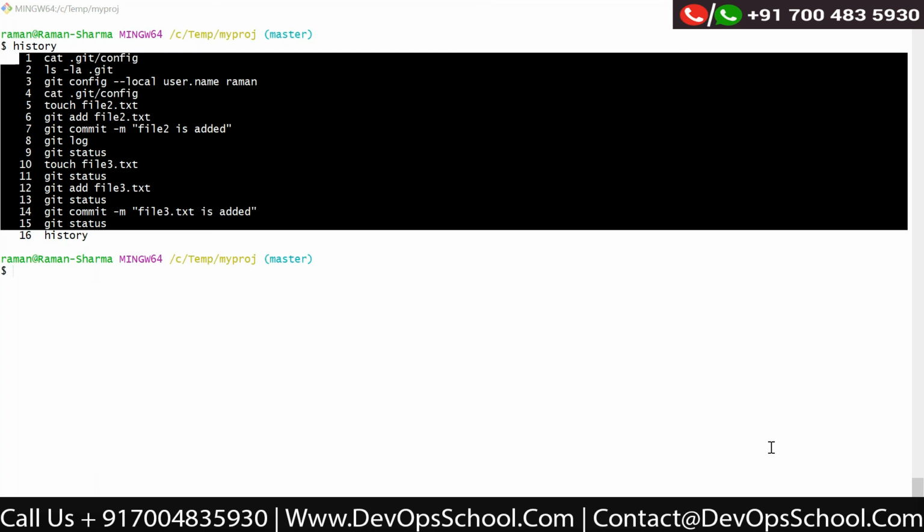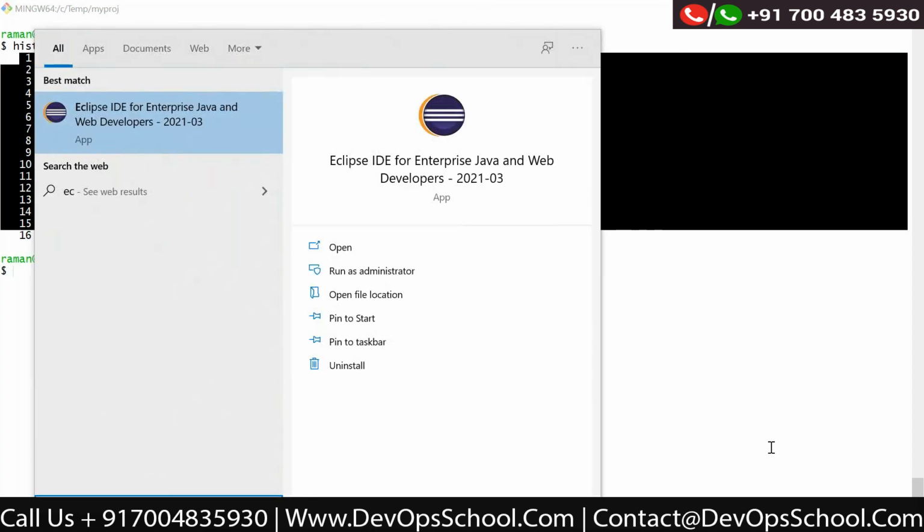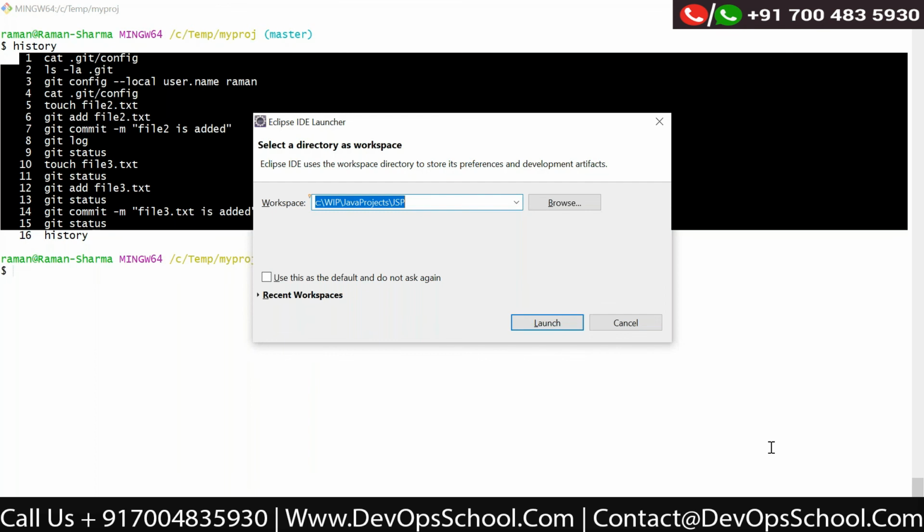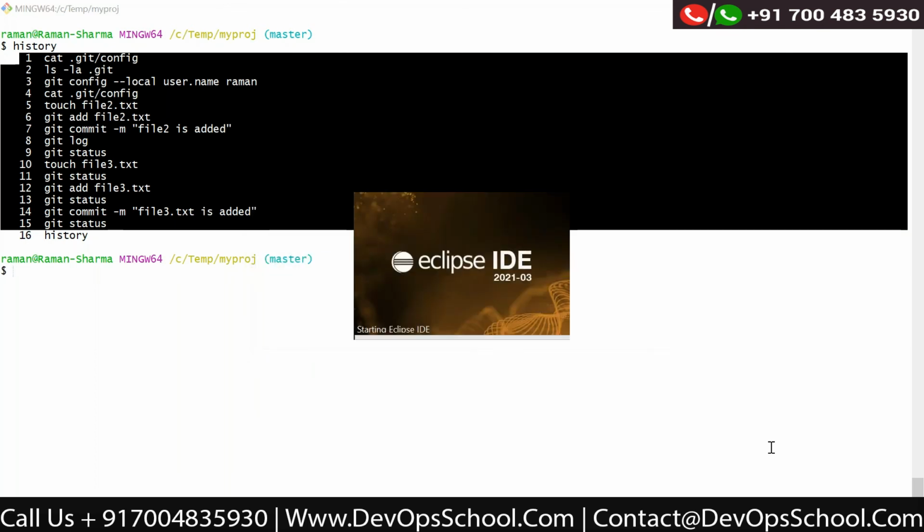There is actually, as I mentioned, for example, you are creating a Java project and you want to create a local repository. If you want to create a local repository, you need to run this command. I will show that with Eclipse or other tools also. I think I have Eclipse here. There you will see that the commands run automatically. You need not run those commands on some command prompt.